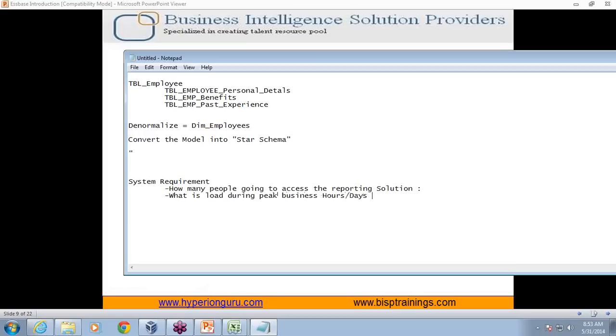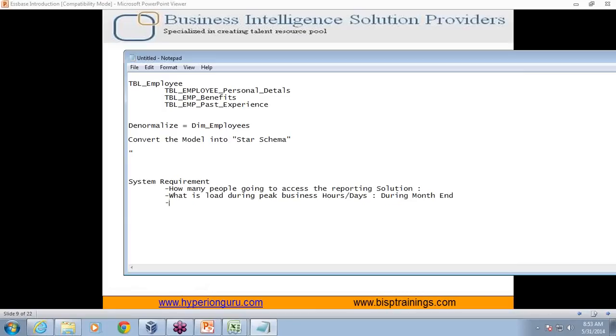For example, you find during month end you get more queries, right? The number of people accessing my solution is higher during month end, because they do a lot of month end activity like month closing activities, variance analysis, a lot of complicated analysis. So I should be knowing this information.